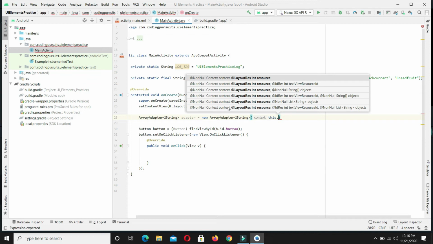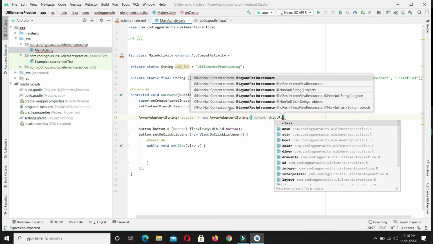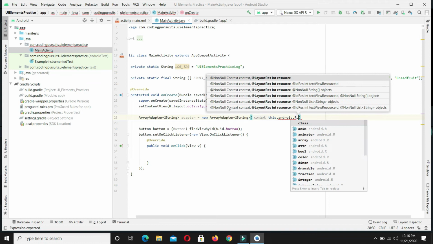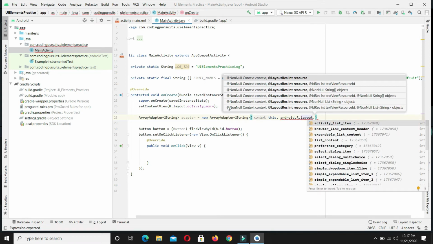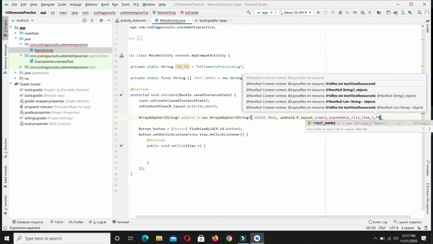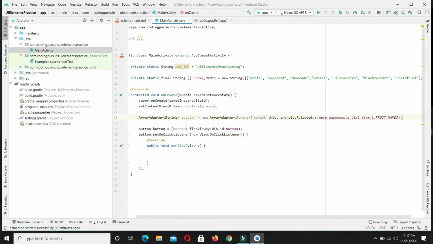Then we will have to provide the layout, the style in which the list of options will be provided in the drop down. So we will select here simple_expandable_list_item_1. And from here we have to provide the array. So our adapter is ready.